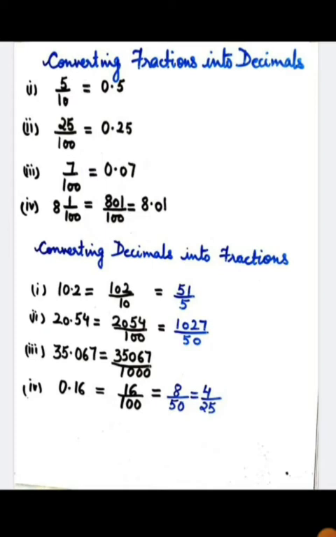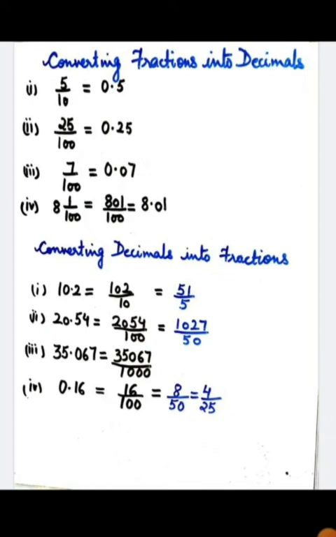Now in example 3, the given number is 35.067. Write the given number without the decimal as the numerator, and the given number is 35067. It will become our numerator. Then put a line in between. Then write down 1 in the denominator. Now check how many digits are given on the right side of the decimal. There are 3 digits written on the right side of the decimal. They are 0, 6 and 7. So we will put here 3 zeros. And our answer is 35067 upon 1000.